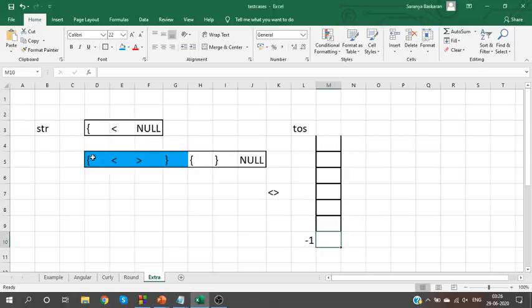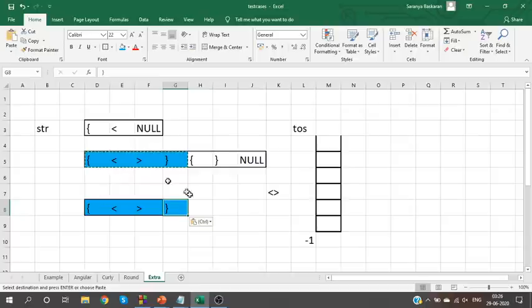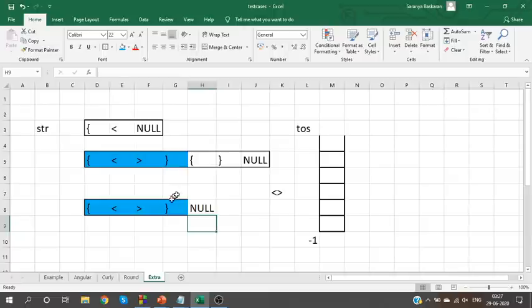Generally, if this was a balanced input, after we close this, we should have a null character, right? After we reach the last bracket, we should have a null character, but in this case, we don't have a null character.